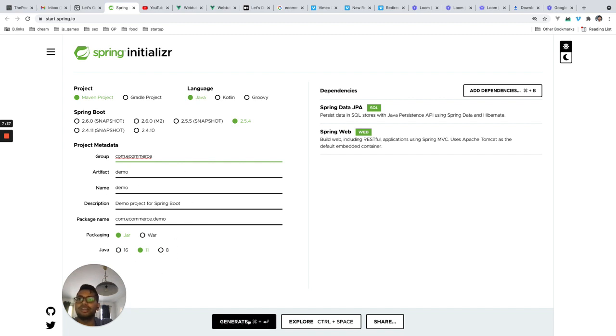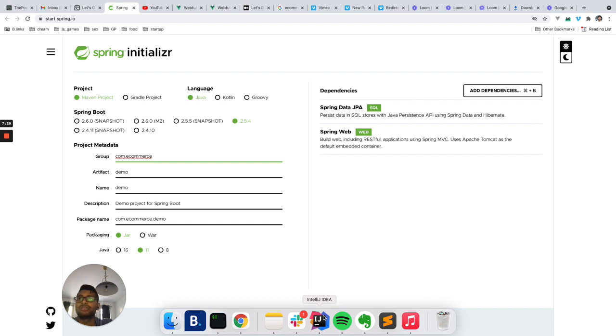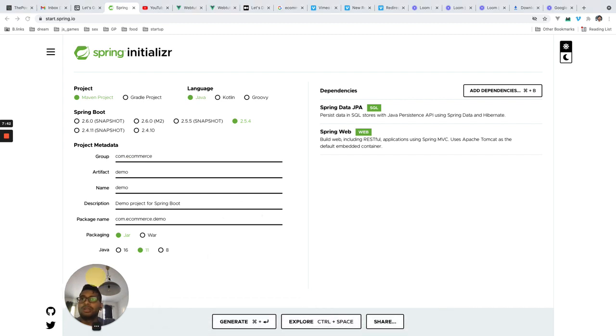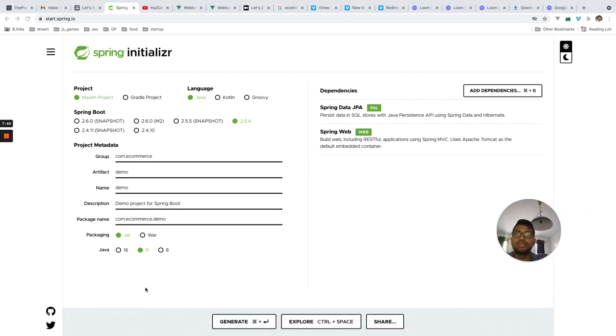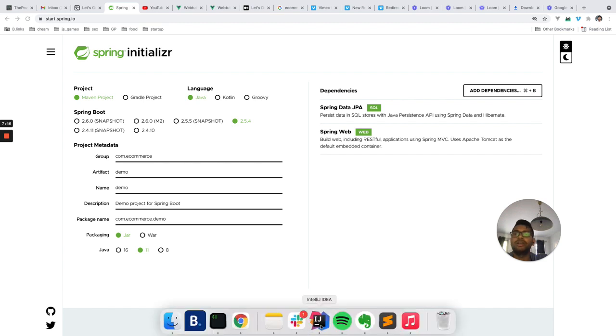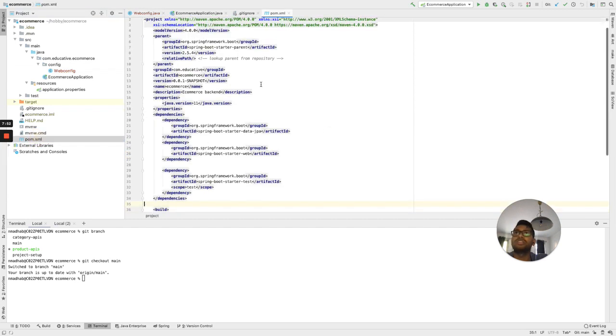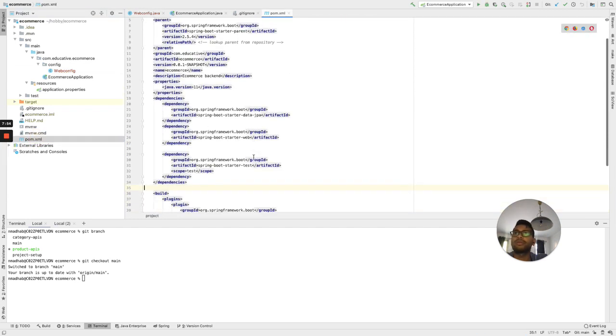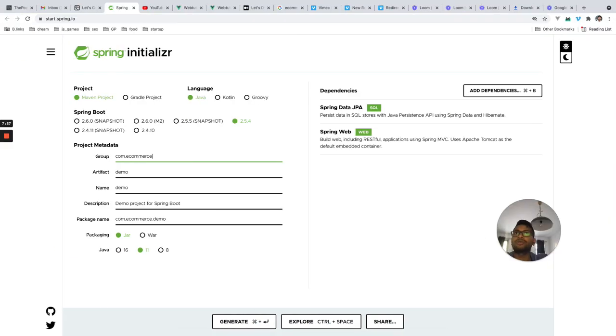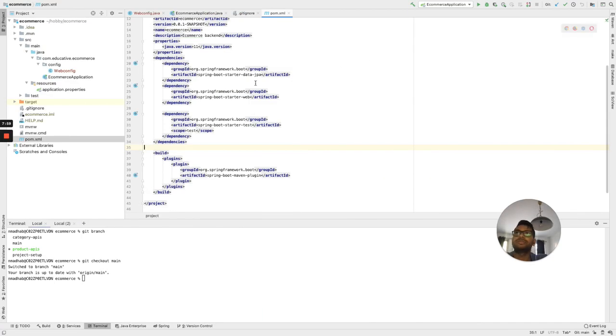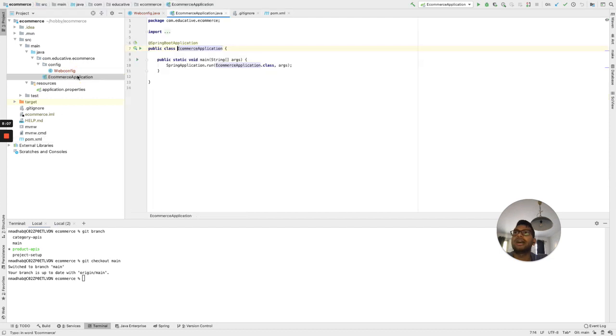And I will just generate it. I have already done it. Once you generate it, you can open it in IntelliJ. So you'll have this basic application with the form that you have filled. If you generate the project and open it in IntelliJ, you will have this setup. It's very basic. Now I will run it. So let's run the application.